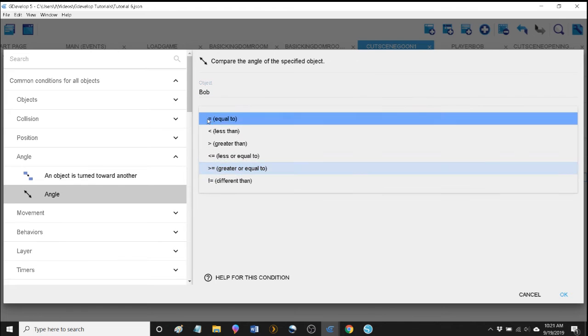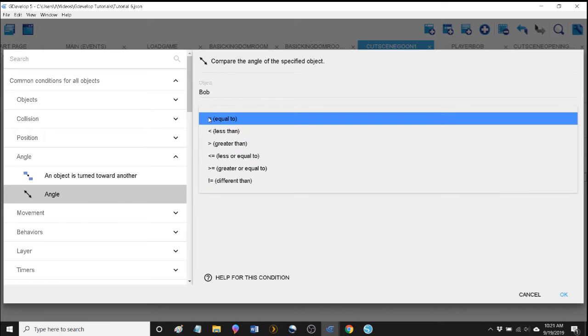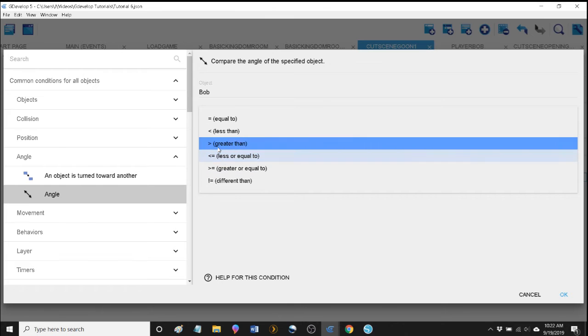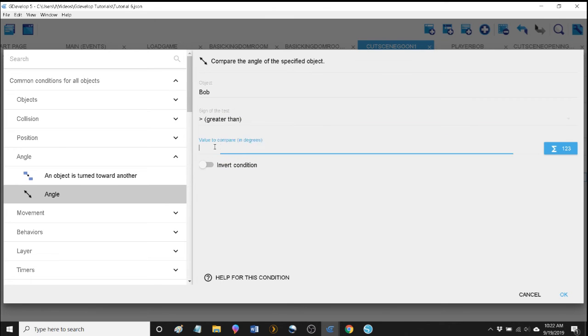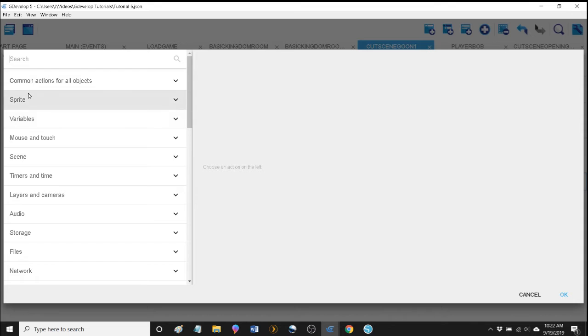If Bob's angle is greater than 180, right? If Bob's angle is greater than 180, let's go ahead and remove, let's minus